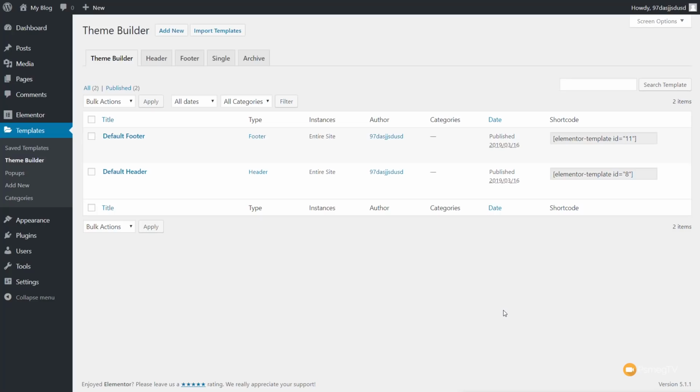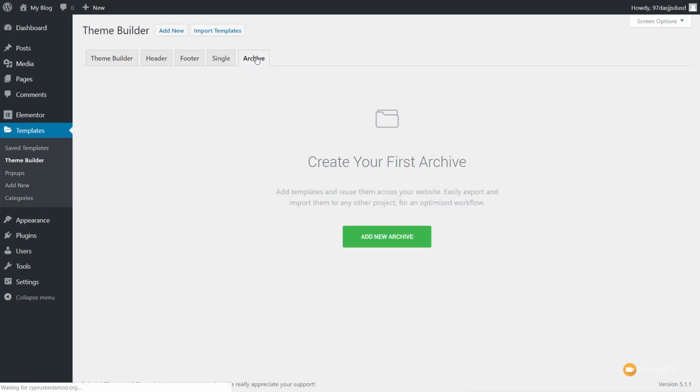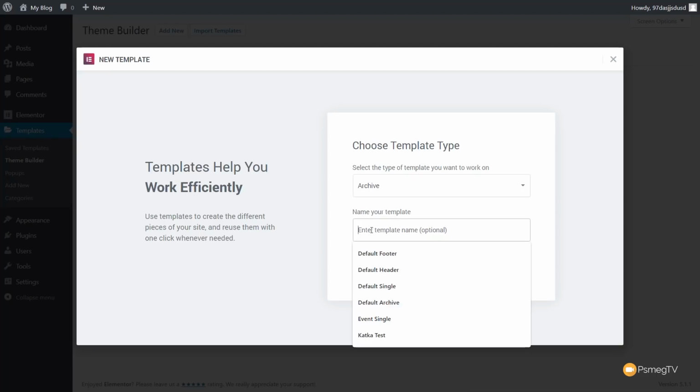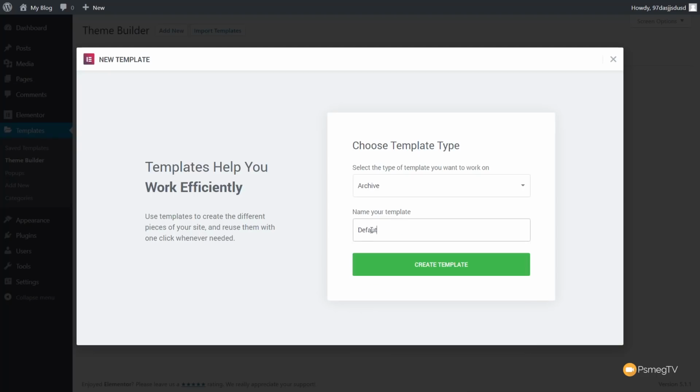Okay, so we've already gone ahead and created our header and footer. Let's start off now by creating our archive. Click on archive, and you can see it gives us the ability to create our first archive. We'll click on add new archive. We then have the option to choose a different template type, but because we want to create an archive, archive is fine. We're then going to come down and say default